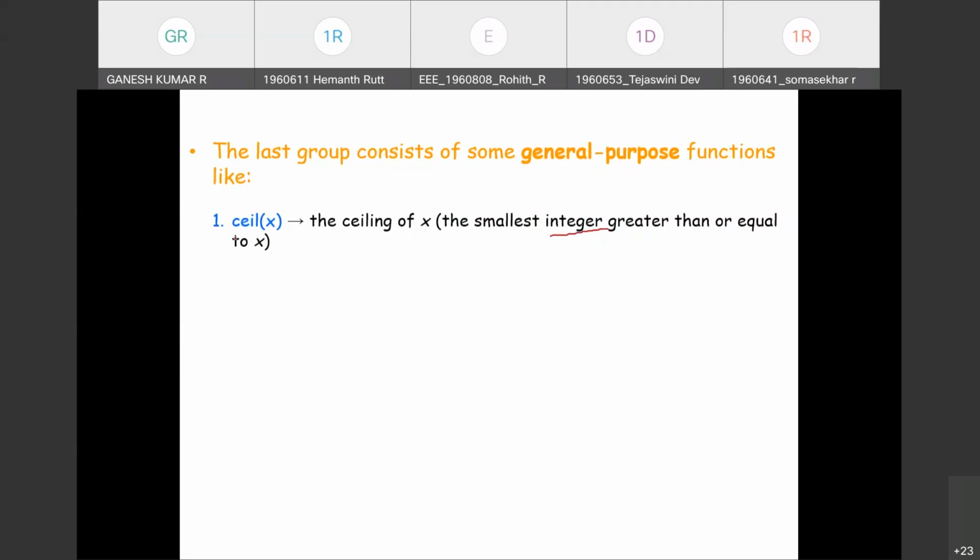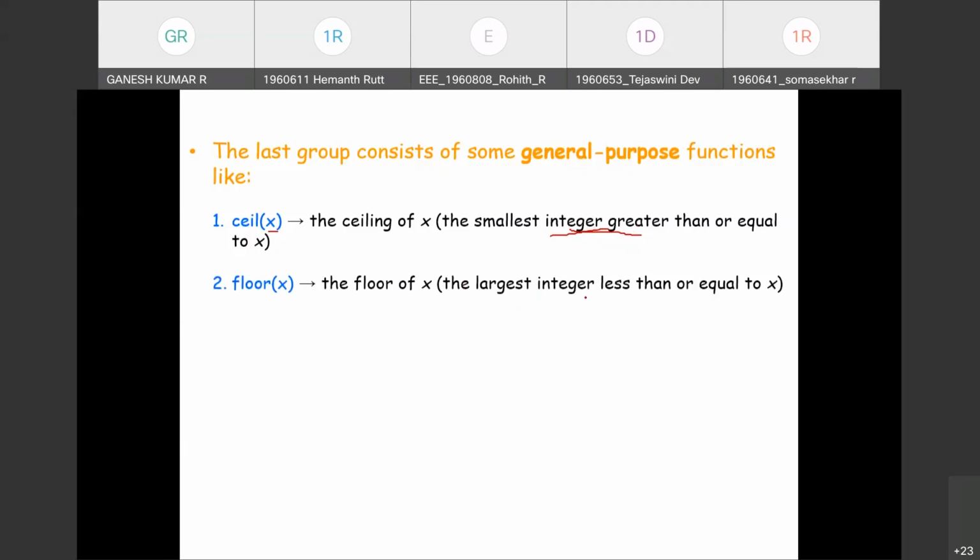It may accept integer, float or mixed values, and returns the nearest greater integer or equal to x. Got it? Nearest greater integer.